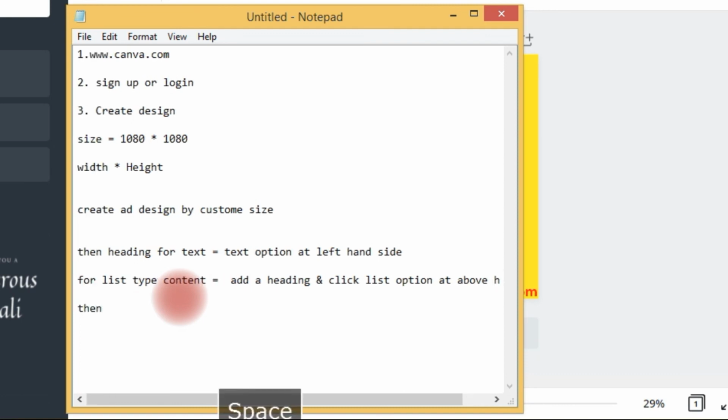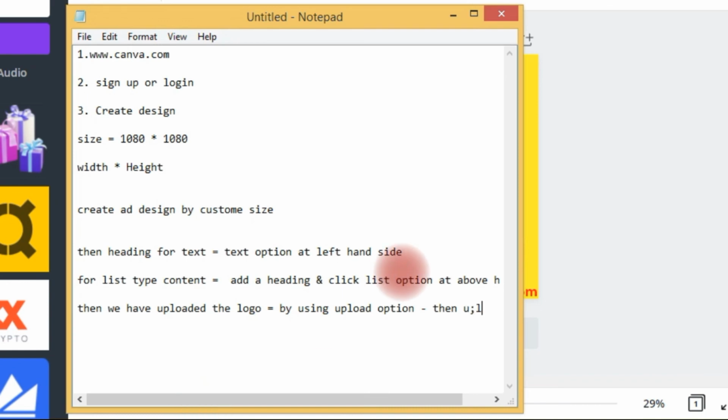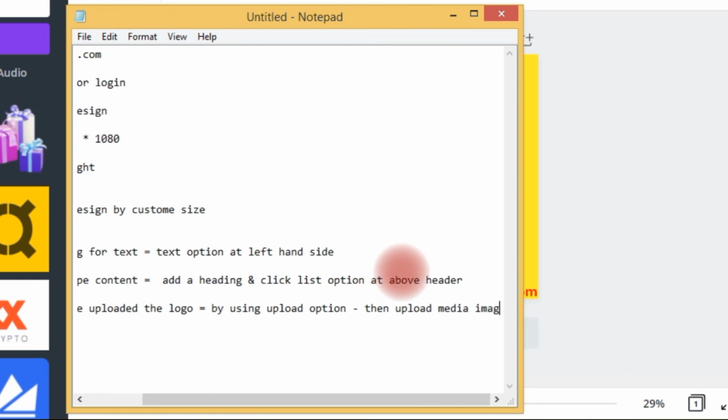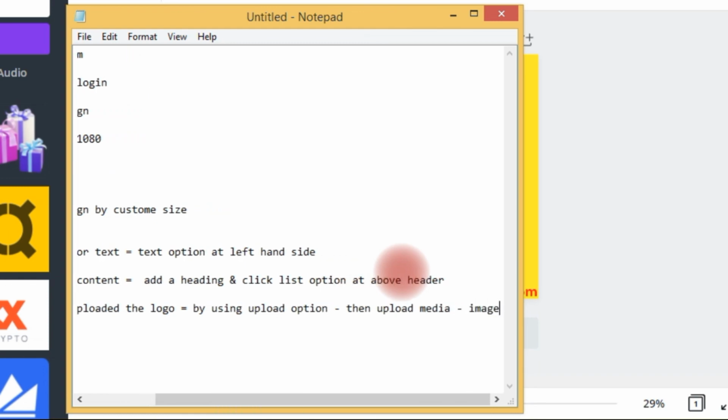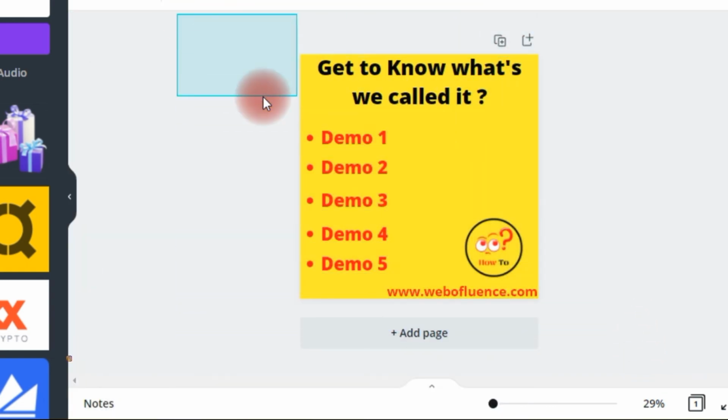Then we uploaded the logo by using the upload option, then upload media, image. So in this way we are able to create this type of design using Canva.